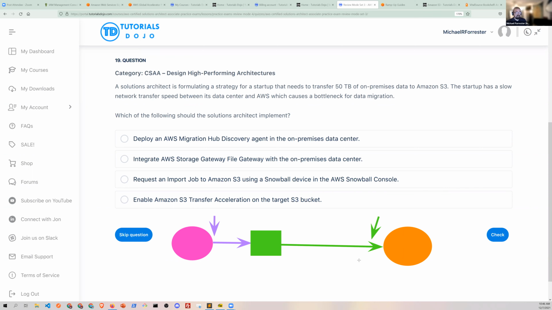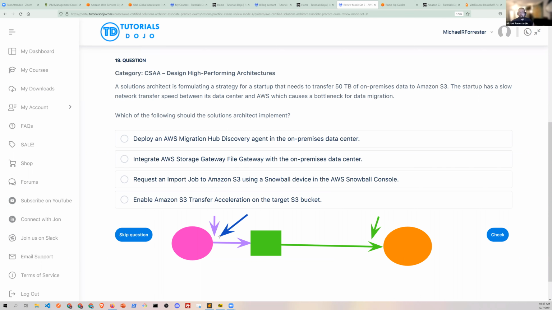So let me ask you this. If you enable transfer acceleration, are you still going to be constrained by the speed in your data center? Yeah, partially, right? 100% actually, you are constrained. You can't go faster than your pipe. If you have a water hose of a certain size and you dump it into a water main, even though that water main can accept a lot more water, you're still only going to go as fast as your little garden hose, right?